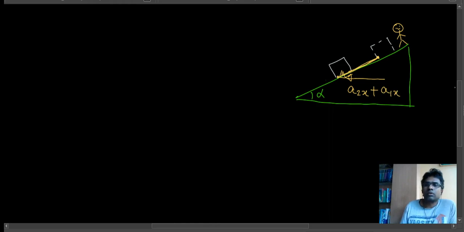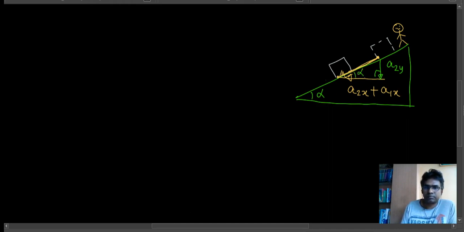Okay, now if I look at the vertical direction, the prism is not moving in the vertical direction, obviously, so only the bar is coming down. So the acceleration of the bar relative to the ground, which is a2y, is also the acceleration of the bar relative to the prism. So if you take this triangle, the relative acceleration in the vertical direction and the relative acceleration in the horizontal direction should form the arms of a right triangle, and this angle is clearly